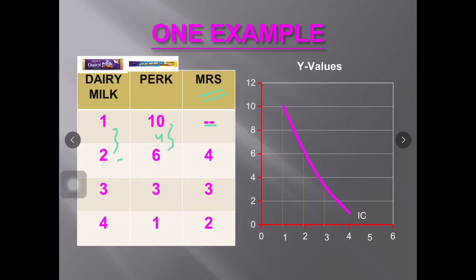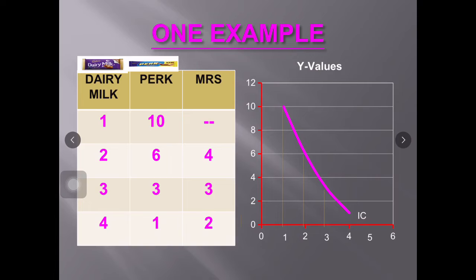So the marginal rate of substitution is 4 divided by 1. That means the number of units the consumer is ready to sacrifice, that is 4, divided by the number of units the consumer gets, that is 1. 4 by 1 is 4. Now in the second step, the marginal rate of substitution is 3 by 1, that is 3. In this way we can see the marginal rate of substitution decreases. This is known as diminishing marginal rate of substitution.